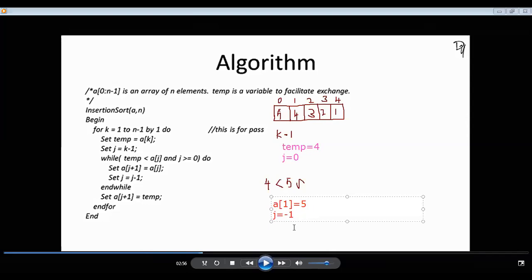So now again the while loop will be executed. That time I am checking j greater than or equal to 0. No. Because it is not greater than or equal to 0, this while loop won't run. After this while loop, this statement will execute, right? After the while loop becomes false, I am putting the value 4 to A of j plus 1 place. What is A of j plus 1 now? That is A of 0, right? j is minus 1, so A of 0 equal to, what is the temp? 4. Understood? That is why I am keeping this value in the temp variable. Correct?